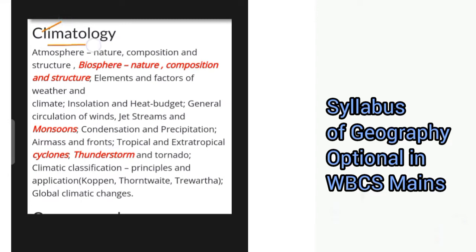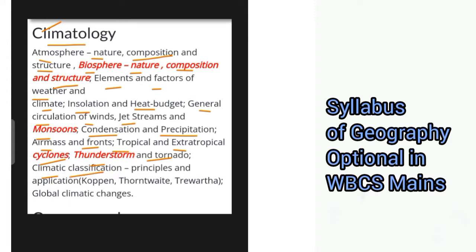Next, we have this section on climatology, where you will be asked questions on atmosphere, its nature, composition, and structure. Then, from biosphere, nature, composition, and structure, elements and factors of weather and climate. Then, insolation and heat budget, general circulation of winds, jet streams, and monsoons, condensation and precipitation, then air mass and fronts, tropical and extratropical cyclones, then thunderstorm and tornado,